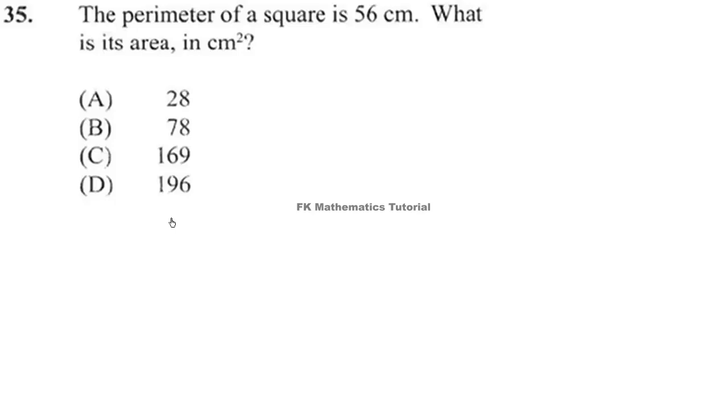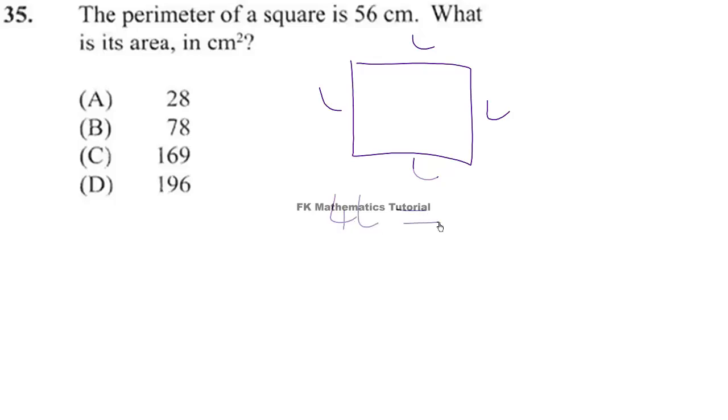The perimeter of a square is 56. So let this be the square. Perimeter is 4L is equal to 56. So it means L is equal to 56 over 4. So 4 into 56 is 14. Each side is 14